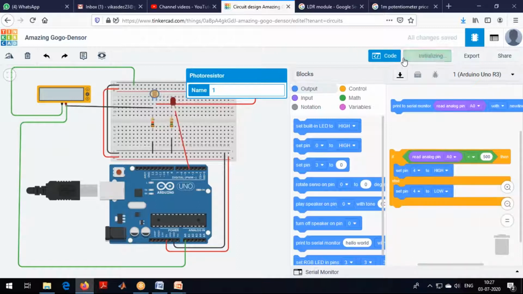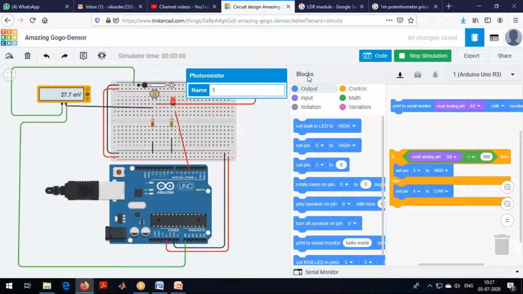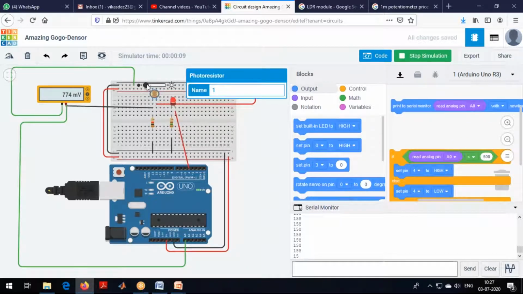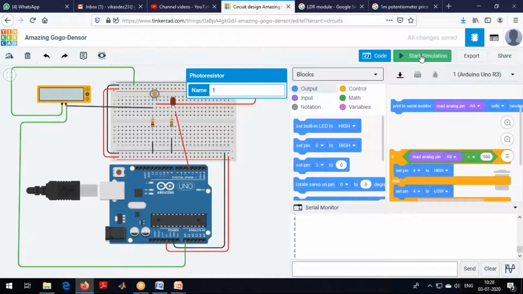Now let's start simulating. See here, the light is glowing. I'll try changing the intensity. I'm at 476, still the light is glowing. I crossed 500. Okay, 517, 507 at present. The light has stopped. I'm increasing, I'm increasing, light is off. I'm decreasing, light is on. Okay, so is it clear?